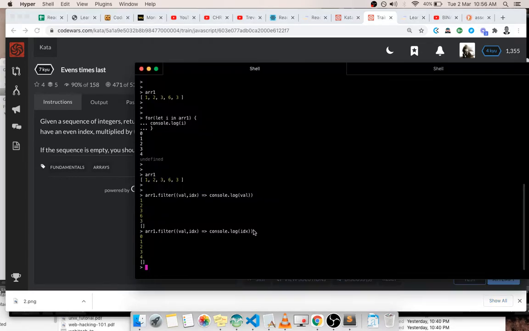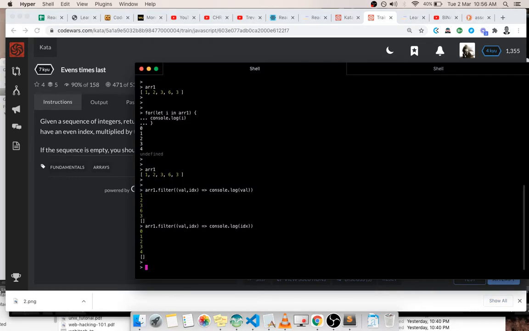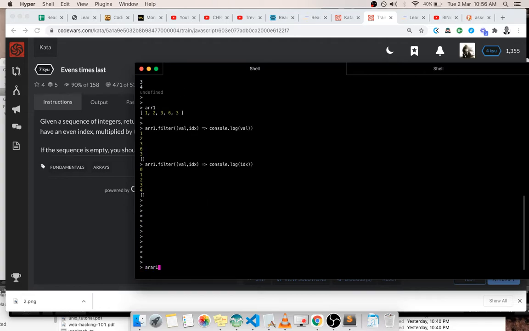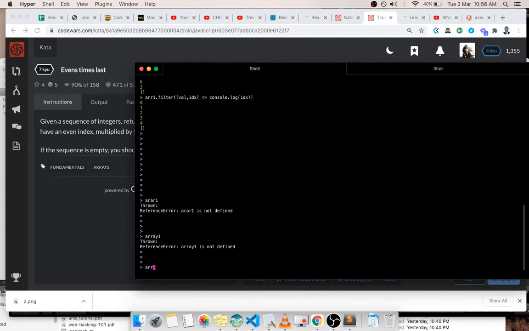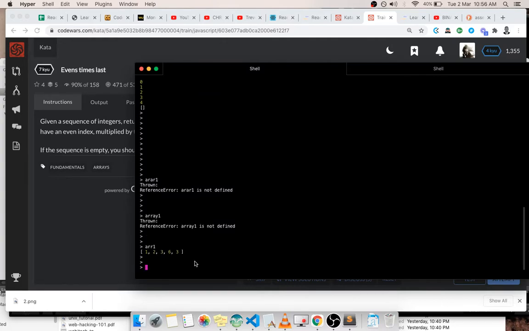It's something like this. I'm just trying to test it here. So if I have my array 1, sorry about that, so this is array 1. This is the content of array 1. Now I can loop it using a filter function, and filter is going to take 2 parameters. We can have 2 parameters if you want, or 1 if you want. With 2 parameters, we can run through the array having the value and the index at the same time. So if I console log just the value,